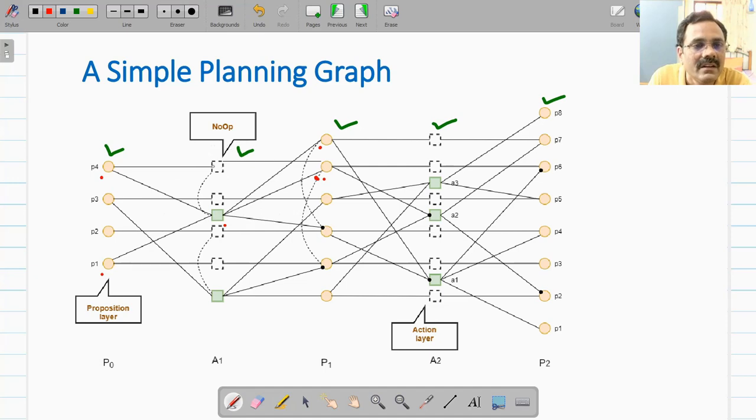Right? So these are empty squares, these are no-op actions, maintenance links or persistent links, that will make all these prepositions available in the next level. When you construct a planning graph, you will find that these actions are ignored. You can simply copy this P4 and represent it as a link from P4 to this P4 in the next preposition level, ignoring this, otherwise the graph will become very complex. So this type of action, that is no-op actions, will not be specified.